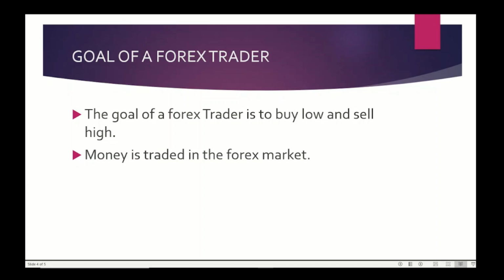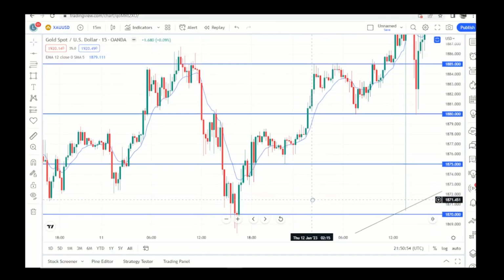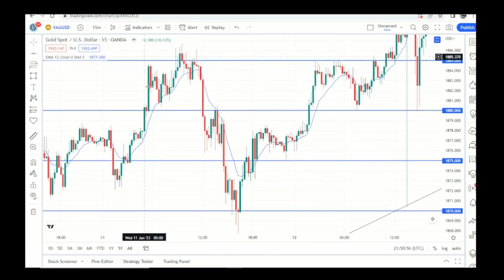then you invest your money for gains. So when we say the goal is to buy low and to sell high, looking at this chart, anytime the market makes a higher high,